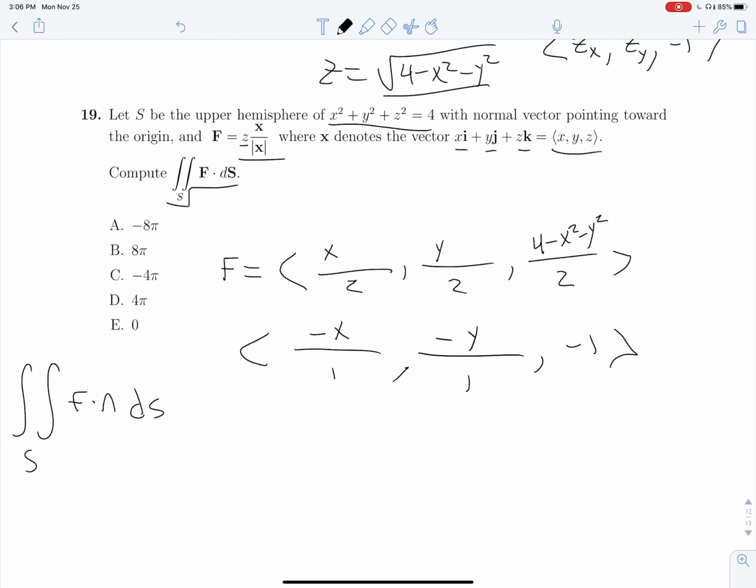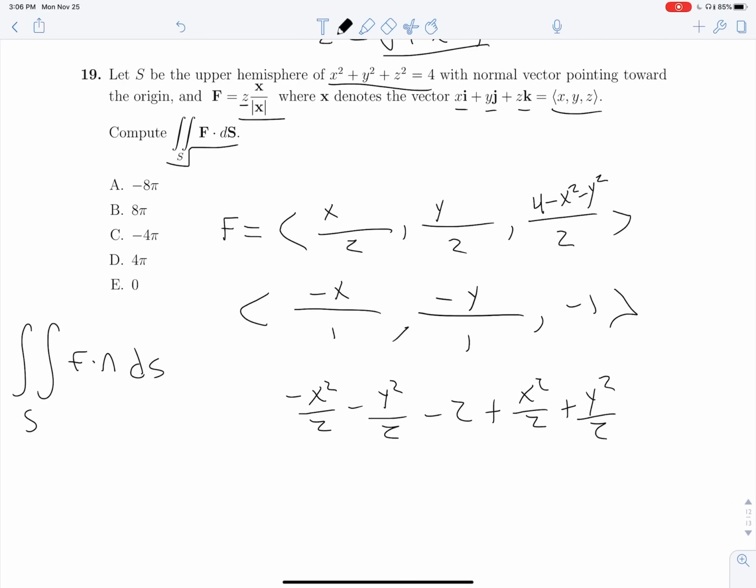This is going to be negative x squared over 2 minus y squared over 2 plus, minus 4 plus x squared over 2. Oh, God, my math is not doing too good today. This is going to be minus 2 plus x squared over 2 plus y squared over 2, which leaves us with negative 2, and all